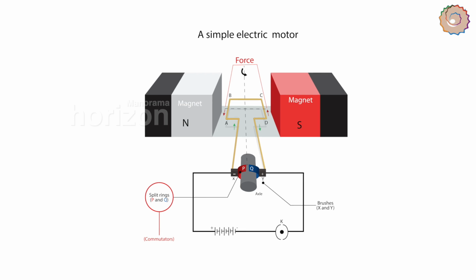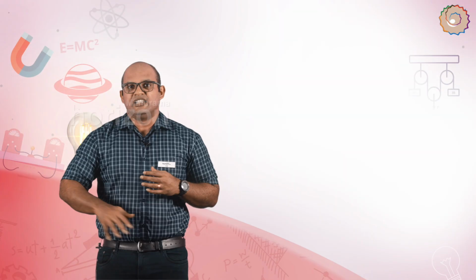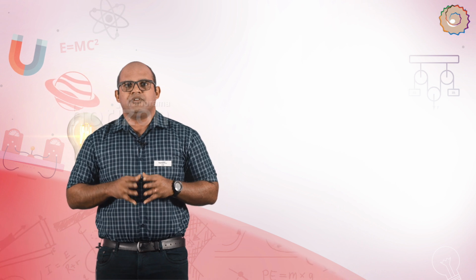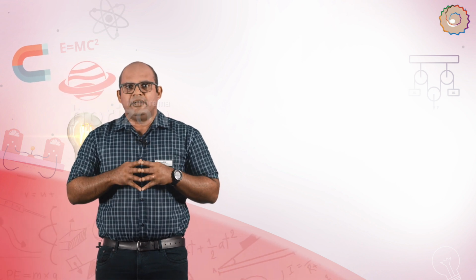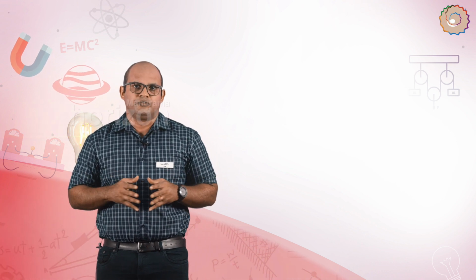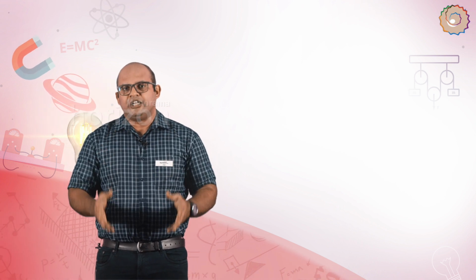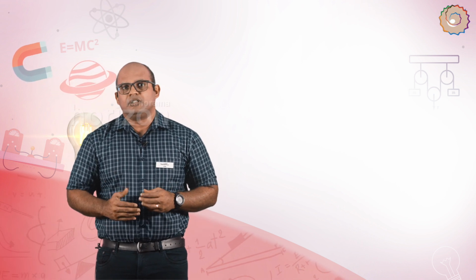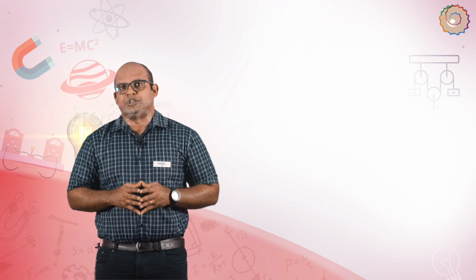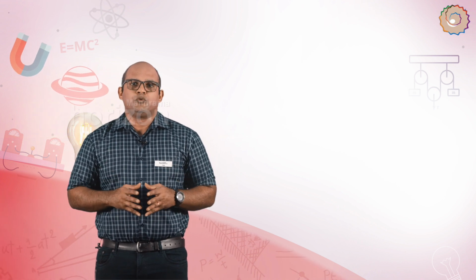As the coil goes through a half rotation, the coil ends will break contact with the commutator. When they regain contact, the current in the arms is now circulating in the opposite direction, since the positions of the coil contacts have reversed themselves. Thus, the arm AB will now experience an upward force and CD will experience a downward force. But since these two arms are now on opposite sides, the rotation of the coil will continue in the same direction. This reversal of current is repeated every half rotation or half cycle, and this is what allows the coil